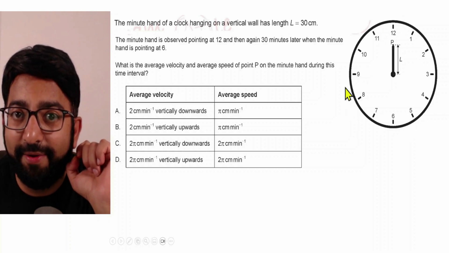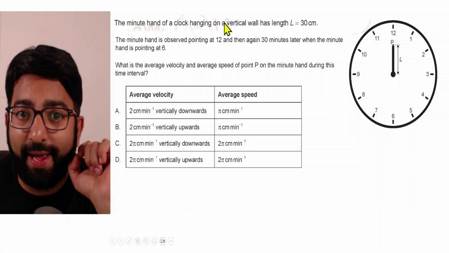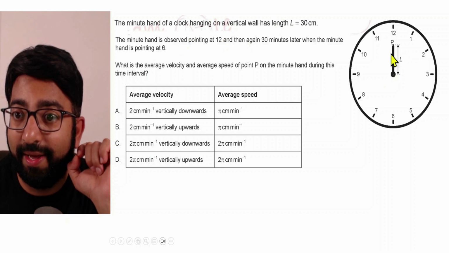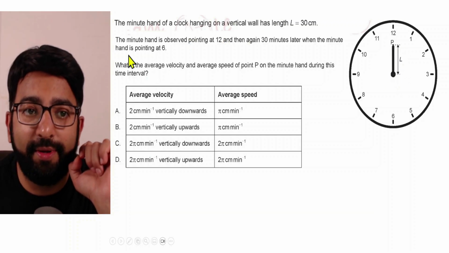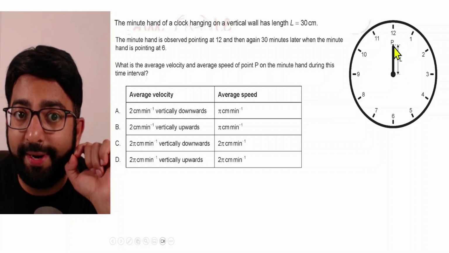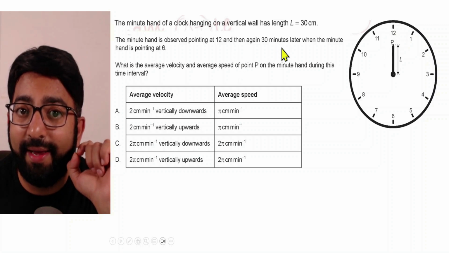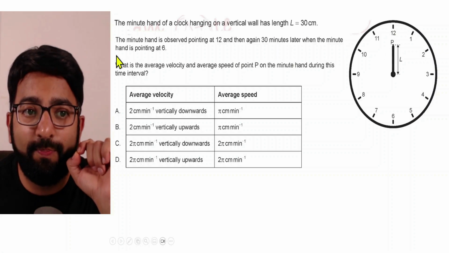Here, the question has given a clock. The minute hand of the clock hanging on the vertical wall has a length L. The length is 30 centimeters. The minute hand is observed pointing at 12, and then again 30 minutes later when the hand is pointing at